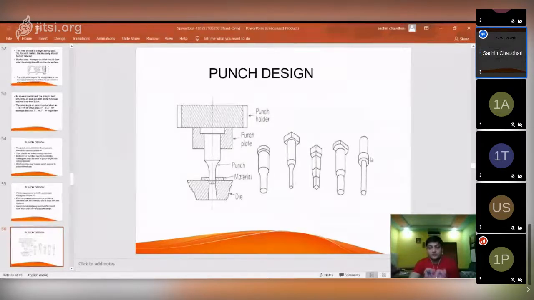This is a punch. Okay, this is a flange, and it is fitted into this punch plate. So the punch plate is designed according to the flange of this punch, or the size and shape of this punch. Okay, and punch plate is attached to a punch holder with the screw and dowel.